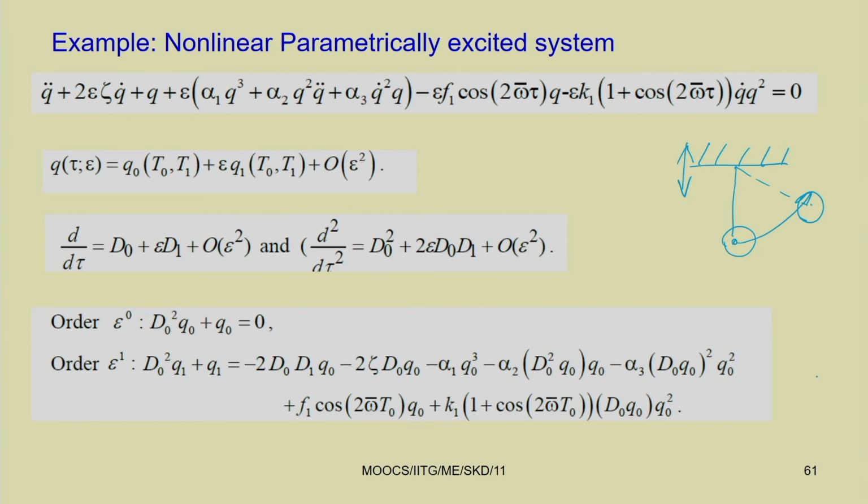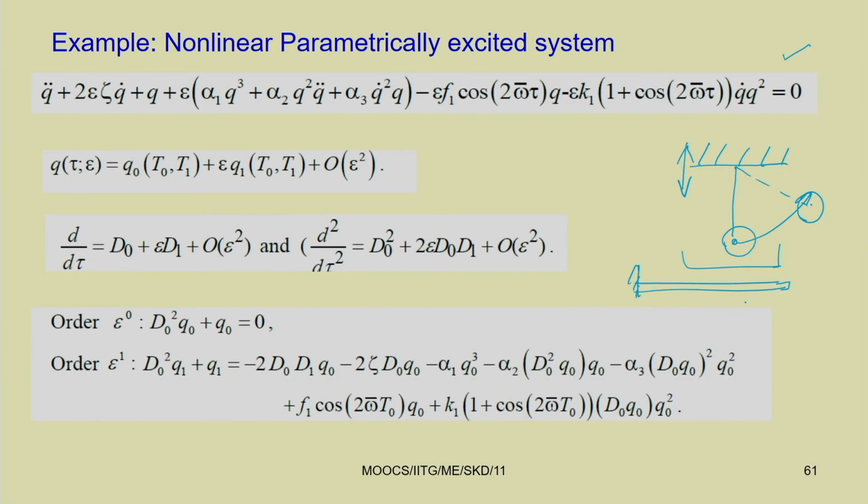So, this generalized case is taken. We have a cantilever beam subjected to a magnetic field. This is a conducting beam, and due to the presence of this magnetic field, it will be subjected to a compressive load, and due to that compressive load and considering the large amplitude of vibration,